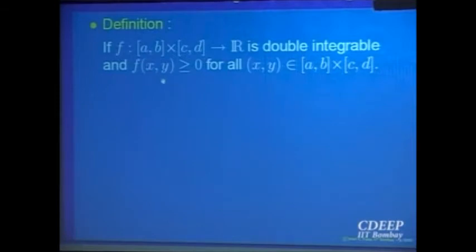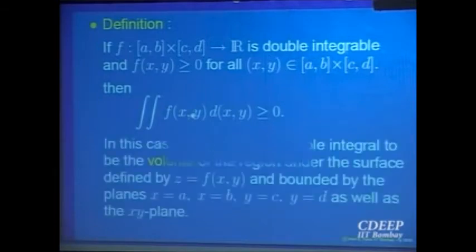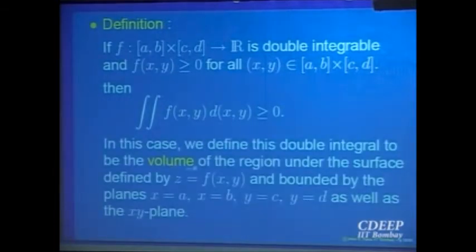So if f(x,y) is bigger than or equal to 0 for all points in the domain [a,b] cross [c,d], and if this function is integrable, then we know that this integral is going to be non-negative, because it is a limit of sums that are non-negative, like for a function of one variable. So this integral is called the volume below the surface z equal to f(x,y),